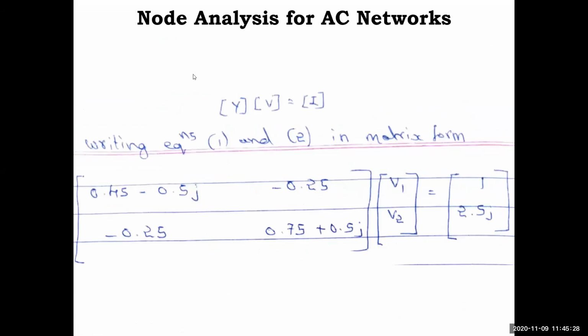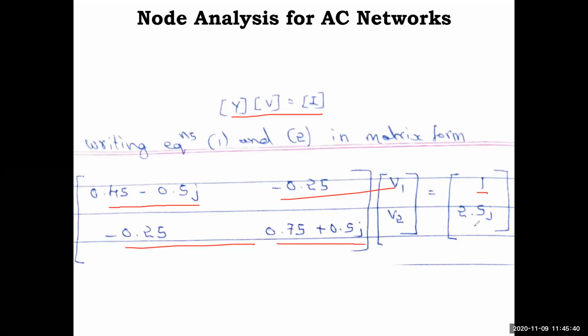So see here. Okay, so Y into V, this form we will write. So this is the admittance, right? So this is the first equation and this is the second equation. Okay, v1 v2, and on the right side we have 1 and 2.5j. Okay, so now you need to form delta. Then you need to find delta 1. So how to bring this delta 1? So this 1 and 2.5j you place in the first column and do the computation of the determinant. You'll get delta 1. Similarly find delta 2. So place the right side 1 and 2.5j in the second column and compute. You will get delta 2.